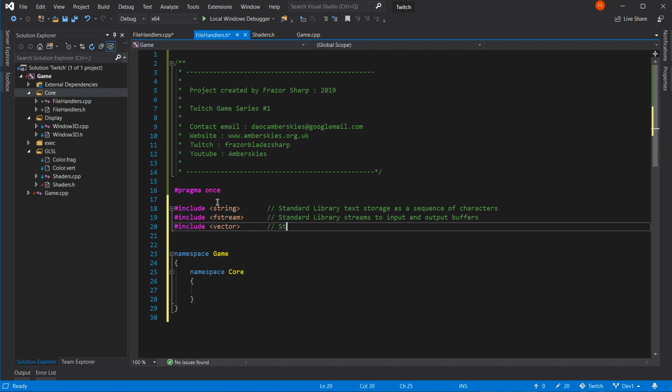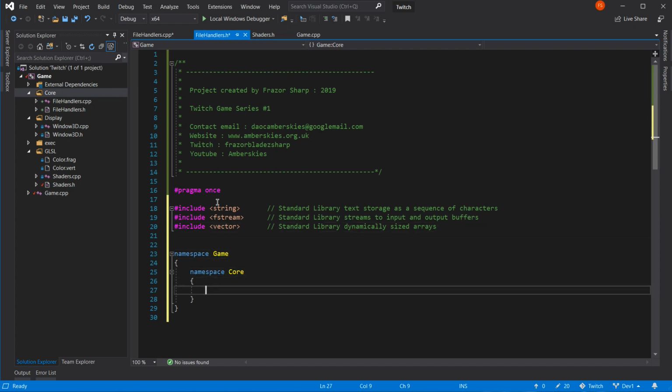So that's standard library. Dynamically sized arrays. That's a good way of putting it.